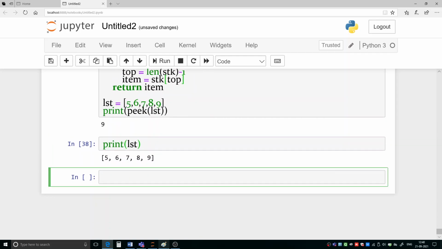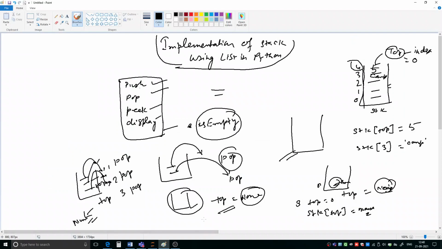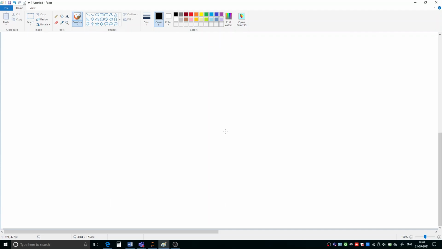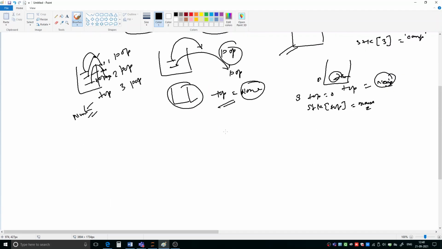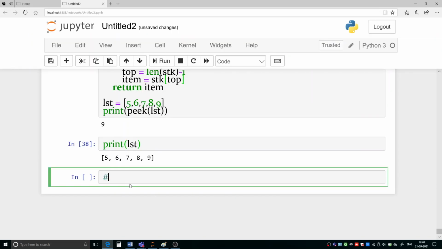Now simply let us do this one. If you have to print the elements of a stack, all the items, then simply you can write: displaying all elements of the stack.